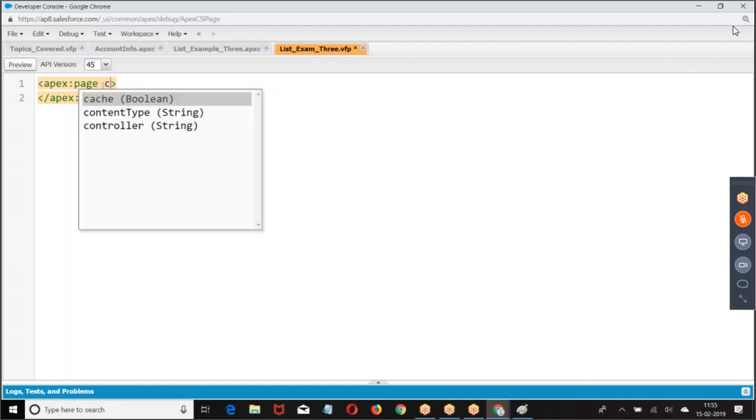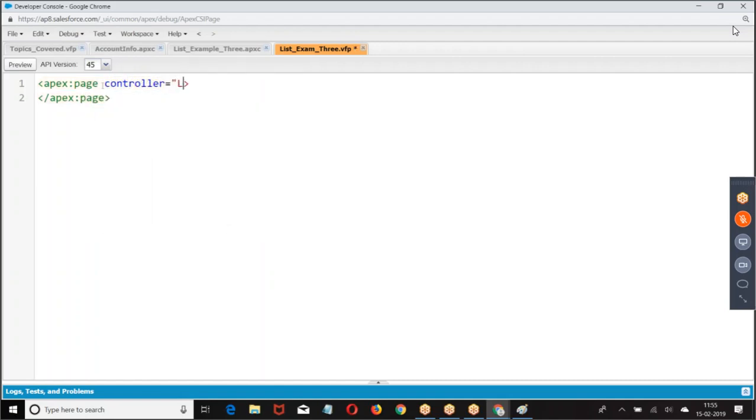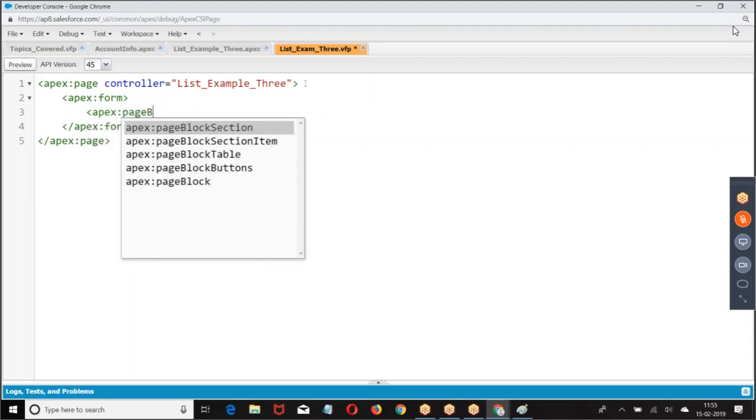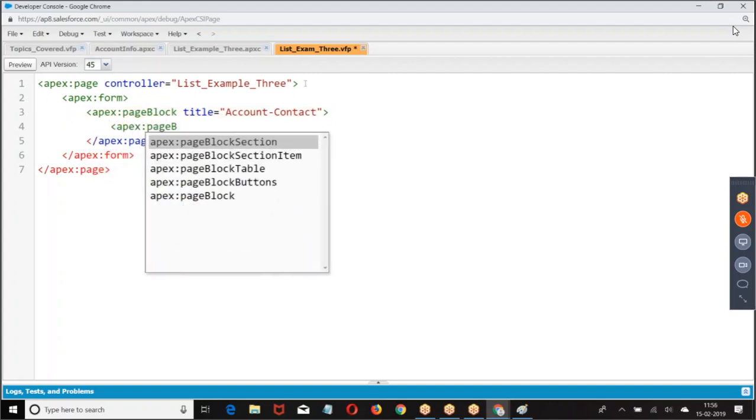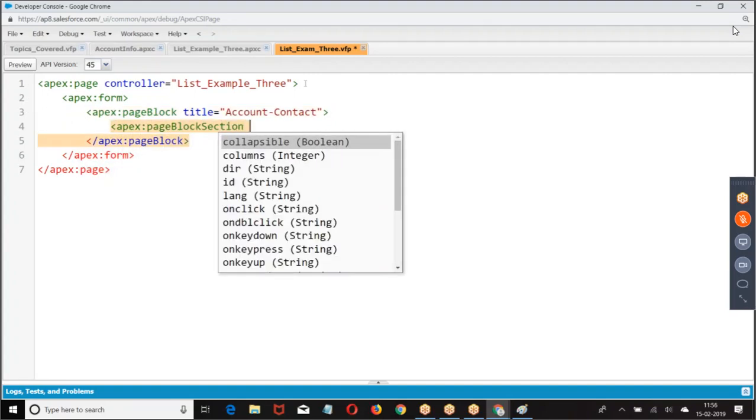Then I'm giving here control equal to contact. Now let us see how do you refer it. Apex page block.